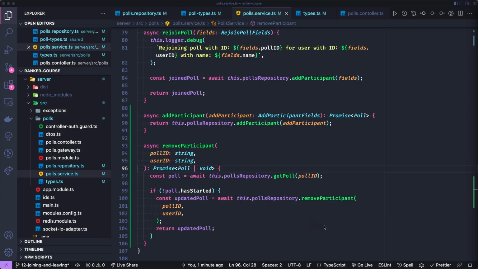One other thing I want to mention about returning the poll from the polls repository and from this service, meaning we're returning an entire poll. I previously only returned the slice of the state of the poll related to participants, meaning I only returned participants when I called remove participant, and then I sent an event to clients which was called participant removed. Now I'm getting ahead of myself. We haven't made any events yet, but I decided that I just want to return the entire poll and send a message back to clients saying poll updated,